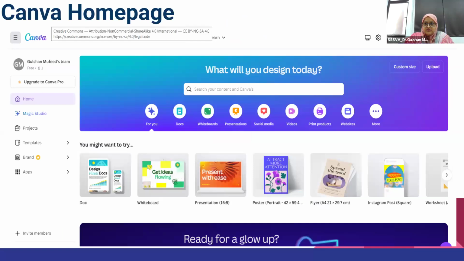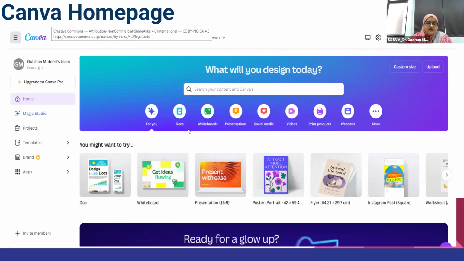Whatever tool you are using for creating any e-content, not only infographics, you have to log into that particular ICT tool. After logging in, you will be able to use most of the features of that tool. So it is suggested that whatever tool you are using, log in with your Gmail account and use the maximum features of that ICT tool.